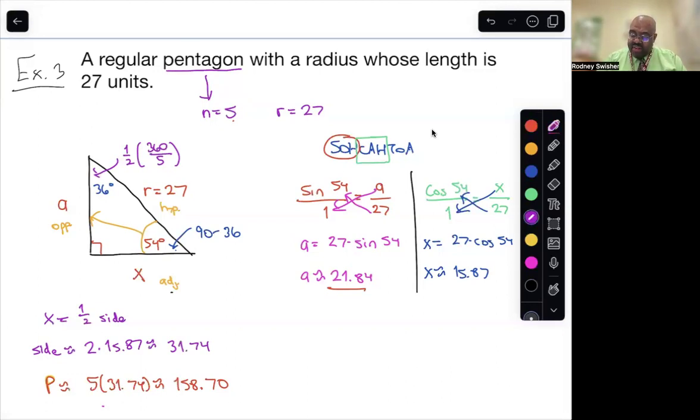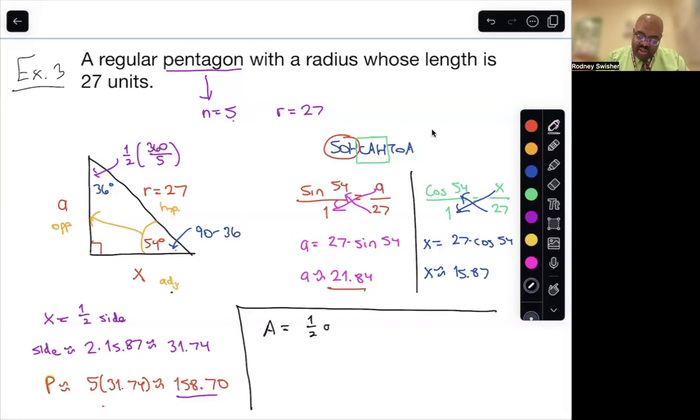Now we have our perimeter, and we have our apothem. So now it's time for us to find the area. Let me section this off. We have our area, which is equal to 1/2 times the apothem times the perimeter. So area is equal to 1/2 times the apothem, which is 21.84, multiplied by the perimeter, which is about 158.70. This should be approximates, by the way. Now just use our calculator: 1/2 times 21.84 times 158.70, and you're going to get approximately